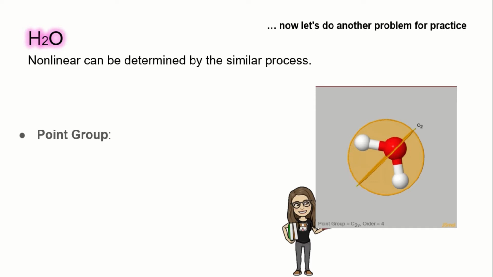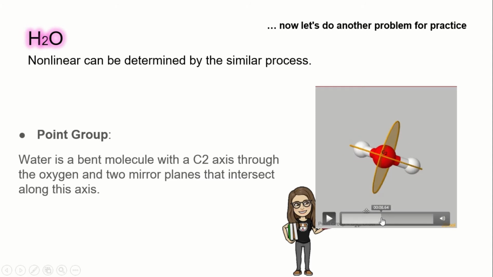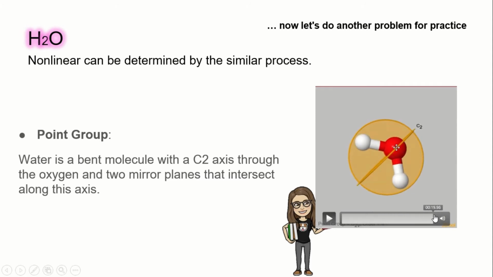So we all know that water is a bent molecule with a C2 axis through the oxygen right here and two mirror planes that intersect along the axis. So without me saying it, we should know that this molecule is a C2v molecule. So I know that the second step is for us to look at the character table